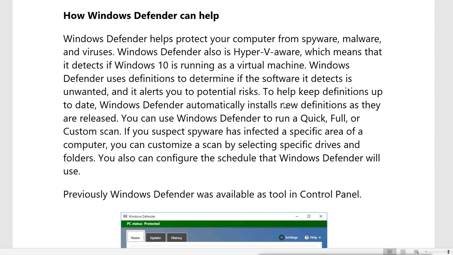Whenever some new malicious software or worm comes into the system or a network, it is reported to the Microsoft server, and they release the definitions about those viruses and worms. It is actually the identity of those viruses and worms, and those definitions will be updated to all Windows Defender, so that it can detect those spywares, malwares, worms and viruses.